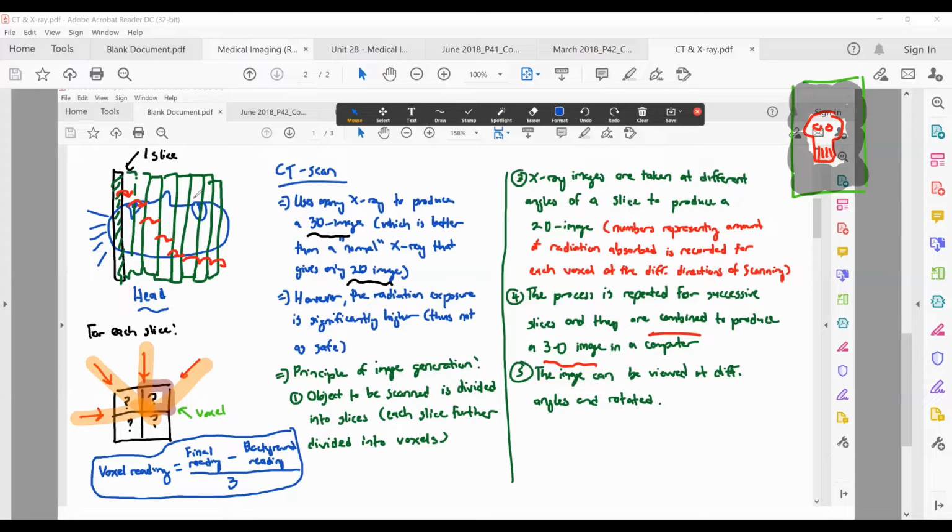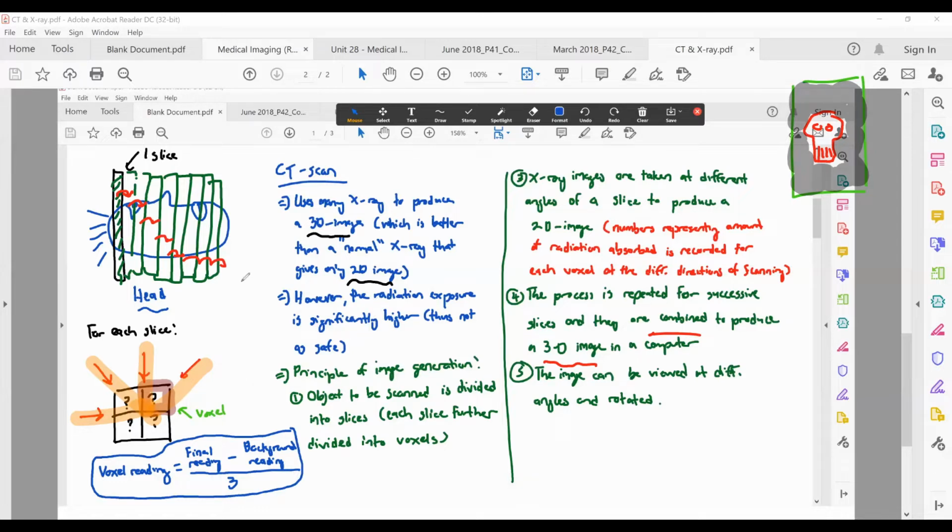Okay, this is in general how you produce a CT scan of a human body, of your skull, for example. So the image you get will not be a flat 2D image like this. It will be a 3D image of your skull, which you can view at different angles. So the image quality is much better, but